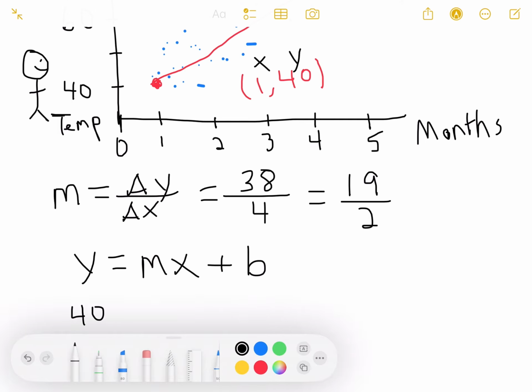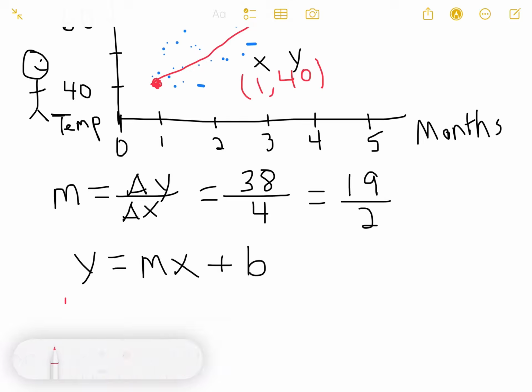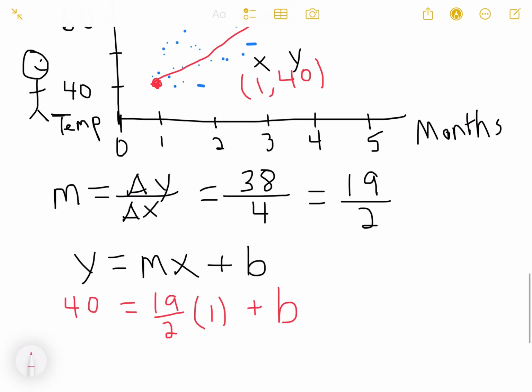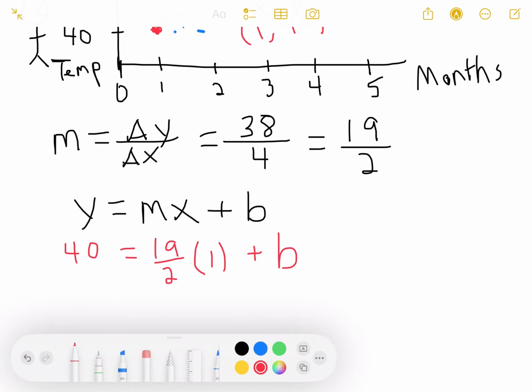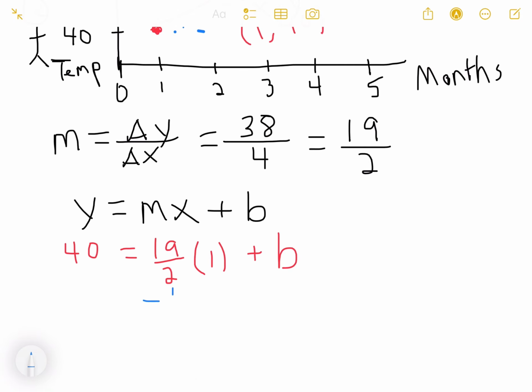And maybe I'll change this to red again. So that's my 40. And what is my m? Well, my m is 19 over 2, so I'll put 19 over 2. What is my x? My x is simply 1. And then I have plus b, which is my y-intercept. So I need to isolate my b. How do I isolate my b? It's not hard, and I picked a pretty easy number, so I can subtract